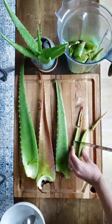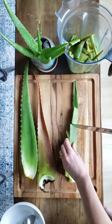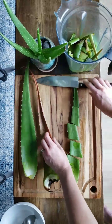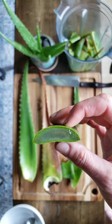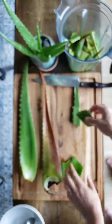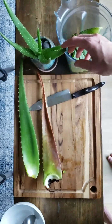I might not actually put all the big ones in here. We'll see what we get through here. And then I'll do this one too. This one is red here only because it was kind of sunburned, like I mentioned. Oh yeah, that's a nice piece. Let's see if I can make that focus. Nice aloe vera, beautiful. So another thing I wanted to mention, since I have it out right here, is growing